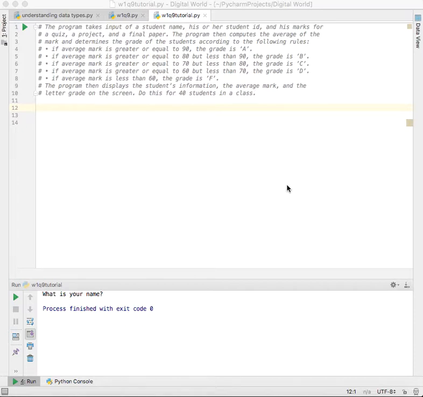So this question requires us to create a program that takes the input of the student's name, his ID, his marks for quiz, project, and final paper, take the average of all that, and then we give out all the information, for example, the student's name, the student ID, and his average score, and then we do it for 40 students in a class. So very obviously, the first thing we need is to get the data about the